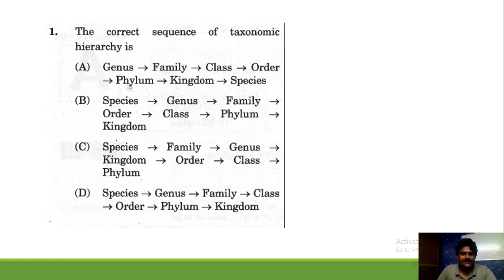In which order is the hierarchy? Okay, fine. So let's look at the options. There are 4 options. You are looking at the screen. Can you take a hint and give me any of the answers? So let's see. Genus, family, class, order, phylum, kingdom. This is not the answer, because first, from the lower bottom, it is not the genus, and at the top there will be no species. So it is absolutely wrong, we can say, right?